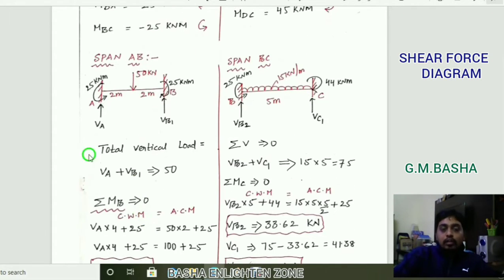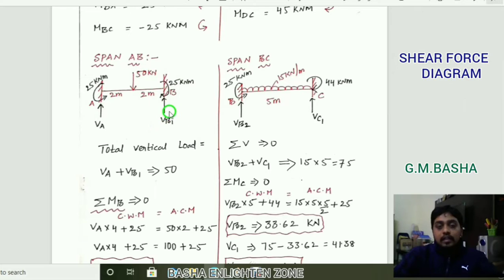Then you will calculate the vertical reactions at A and B. One more thing I want to say: I am dividing these individual spans AB, BC, CD. A and D are the end joints, but B and C are connecting members. Therefore, for the particular joint B you will get two connecting members, that is BA and BC. Therefore, you will get B two times here.